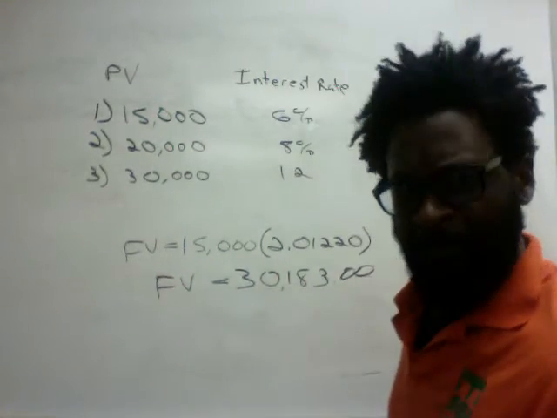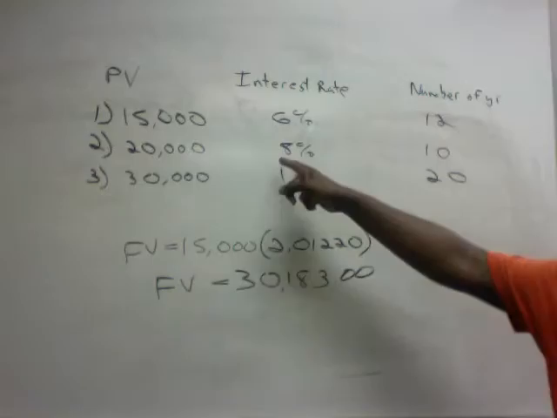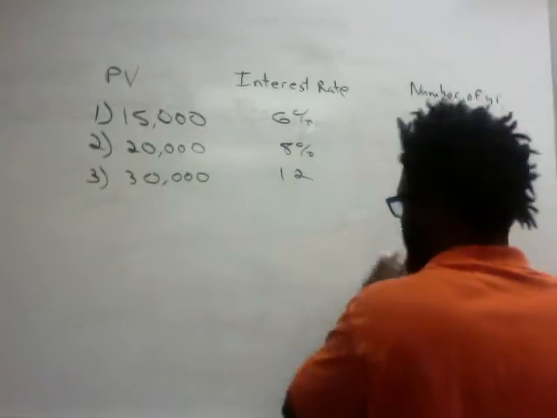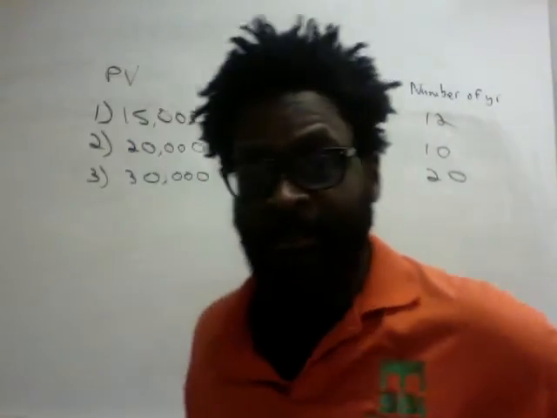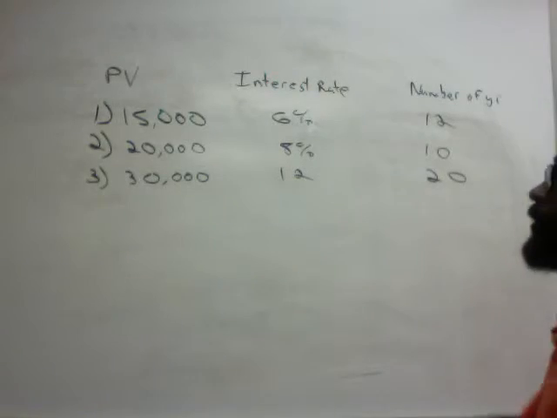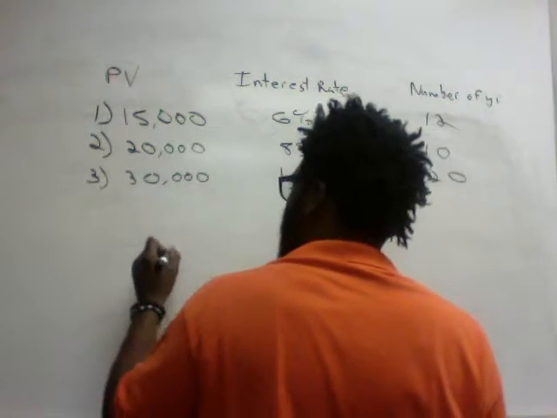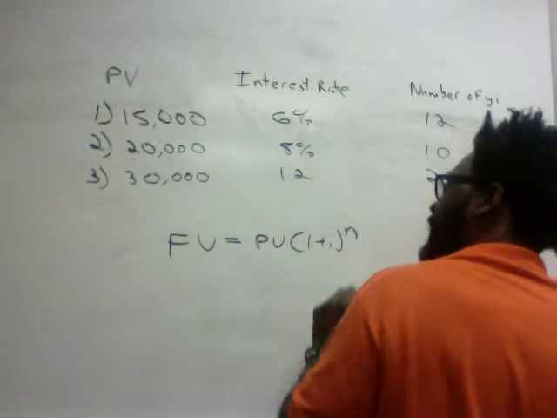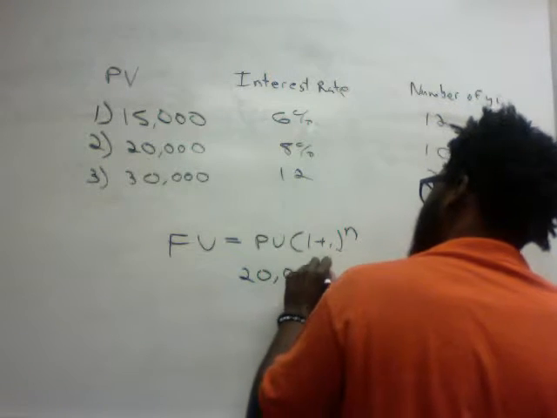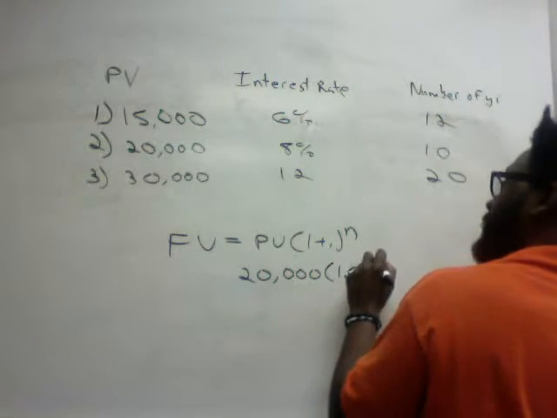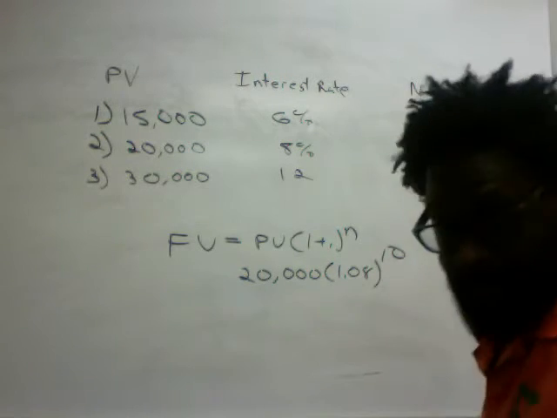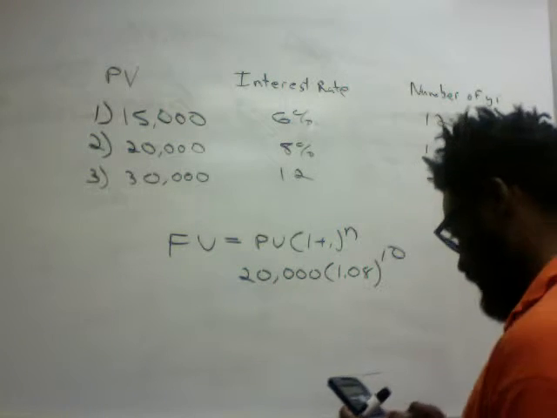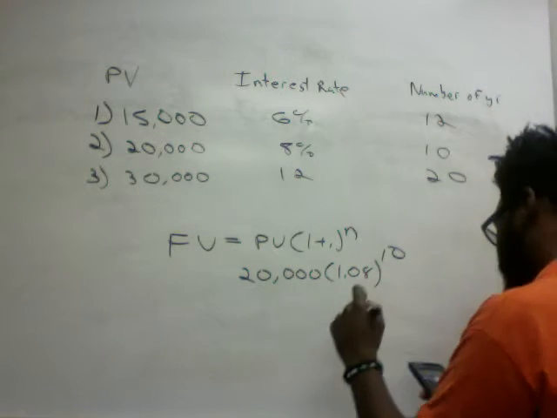Okay? Basically, I guess we could do one other one just to make sure that you guys understand. But of course, the cool thing about this is it's a video, so you can just rewind it if you don't understand, honestly. And so we can quickly do the second one. The second one, if we want to use the formula, we know the formula is present value times 1 plus i to the n power. Present value being 20,000, the interest rate being 1.08, and the number of years is 10. Again, we have to always consider the interest factor, which is raising, order of operations,